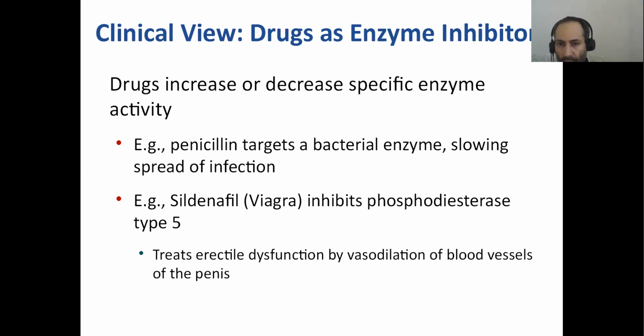In other words, this drug slows down the breakdown of an enzyme that would cause your nitric oxide, which again is a vasodilator. Nitric oxide is a substance that causes your blood vessels to dilate, and the same happens in the penis. And so when the blood vessels dilate, more blood flows to the penis, it becomes erect. So what phosphodiesterase does is it breaks down nitric oxide. But by using a phosphodiesterase type 5 inhibitor like Viagra or sildenafil, you are increasing the concentration of nitric oxide. More and more blood vessels and arteries are being dilated in the penis, and you get an erection. So that's the mechanism of action.